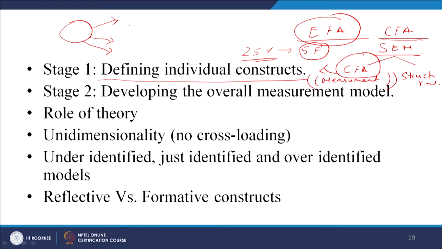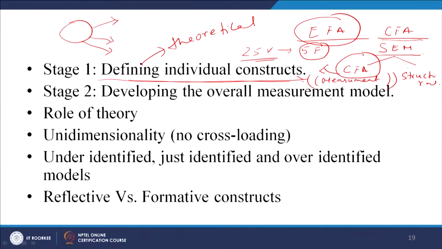So, first you define the individual constructs through certain theoretical inputs, right. Whatever theoretical knowledge you have got, accordingly you define the individual constructs. These constructs can also be taken from earlier literature. That means somebody has developed a scale, and suppose I have developed a scale, you can use my scale for your study purpose if it is a similar kind of study. So, that is a theoretical backup.